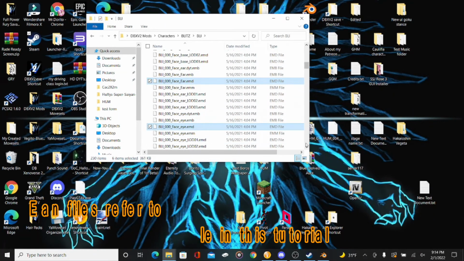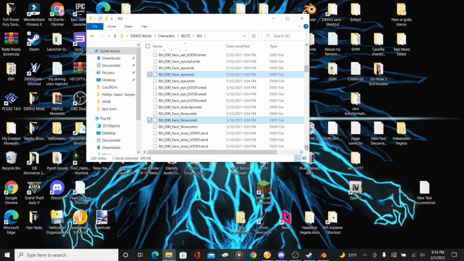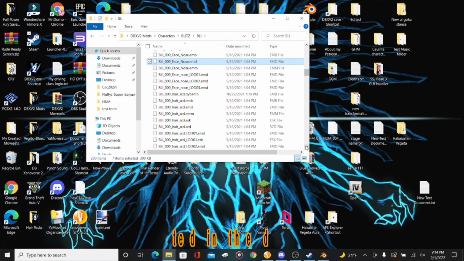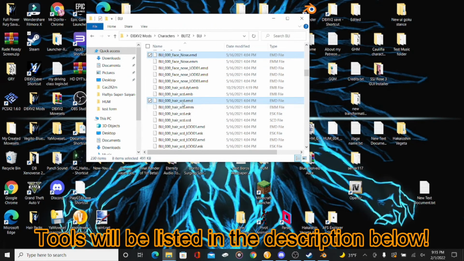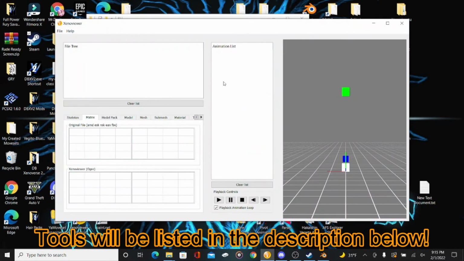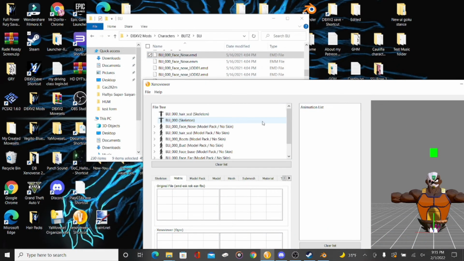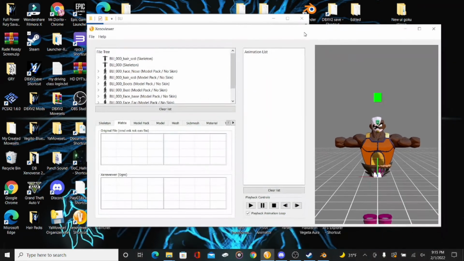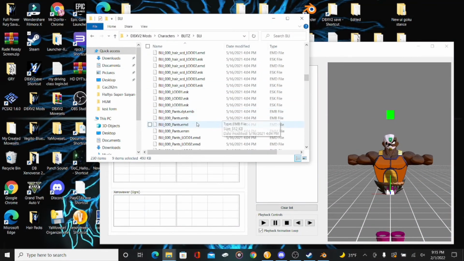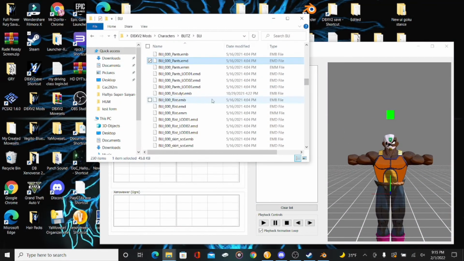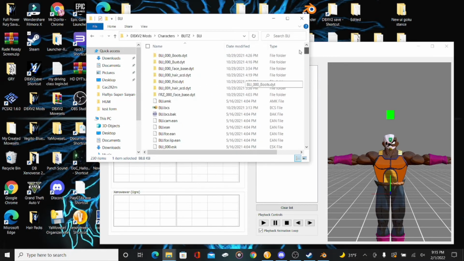As long as those EMD pieces are in the same folder as the EMM and EMB and such, it'll show color, versus if the folder didn't have that, the model would look white on the Xenoviewer. If the Xenoviewer shows nothing, you probably just need another Xenoviewer. You might have an older version.